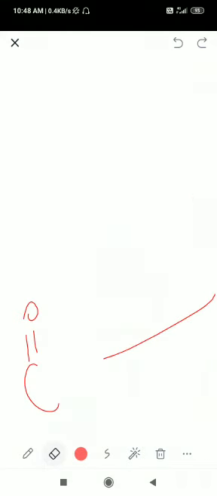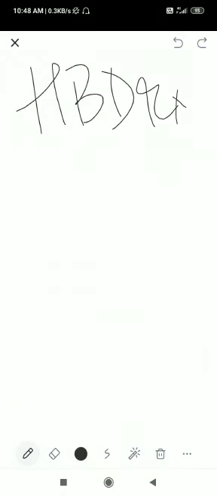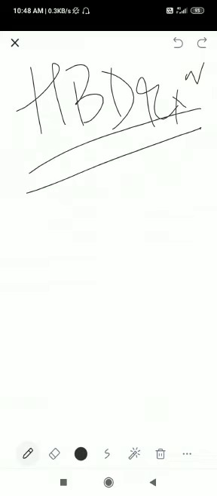It is also called the HBD reaction. So let me just write HBD. That is not happy birthday, okay? So let's just write the reaction, that we are having any amide